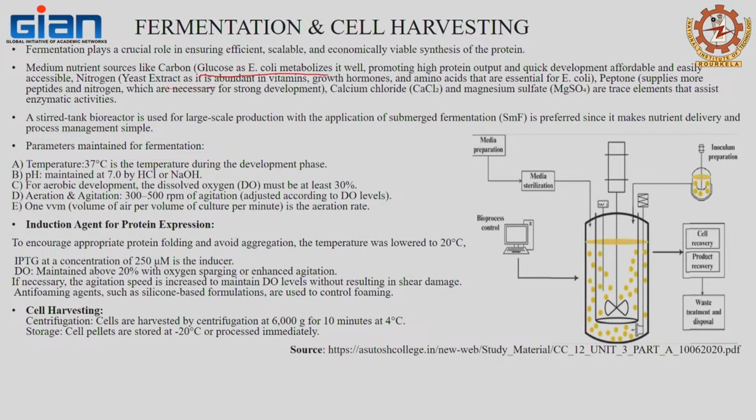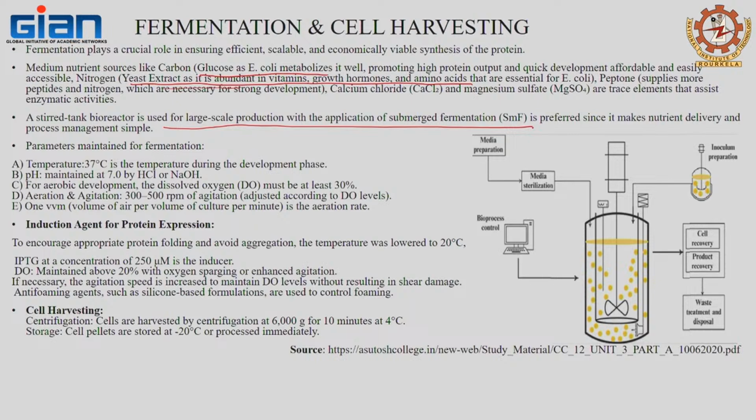Peptone for strong development, as a similar source of peptides and nitrogen, and some trace amounts of salts required for efficient enzyme activities, like calcium chloride and magnesium sulfate. So as Sir has mentioned in his slides, for this particular technique we are using E. coli, and the stirred tank reactor will use the process of submerged fermentation for efficient nutrient delivery and